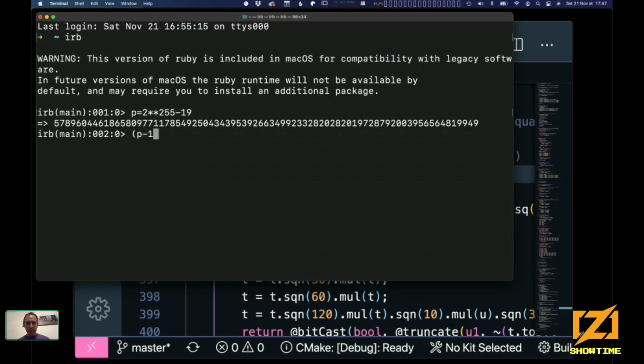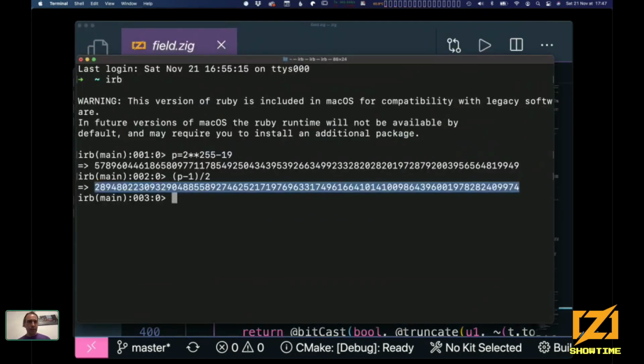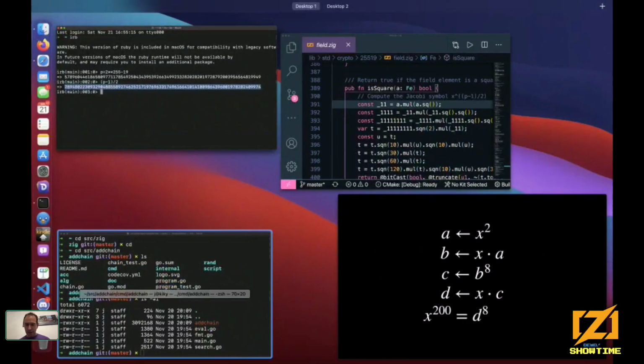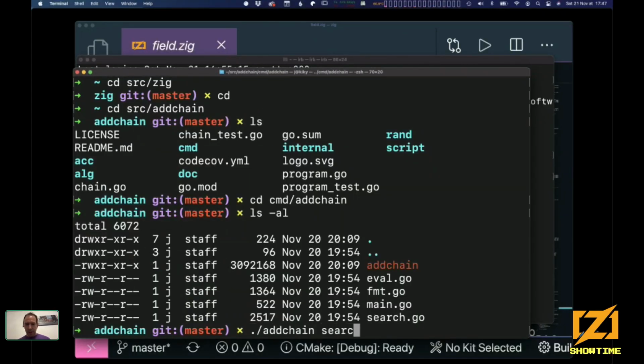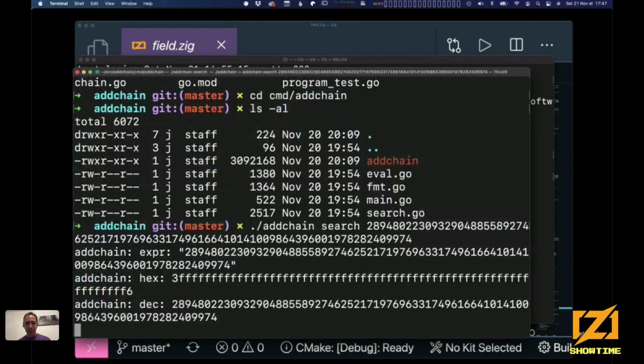So let's do it. So this is p minus 1 over 2. We want to raise to this super big number. How can we do that? Well, the traditional method probably works, but we can use an addition chain. So back to my tool, I'm going to type add chain, search this number, and wait a little bit.